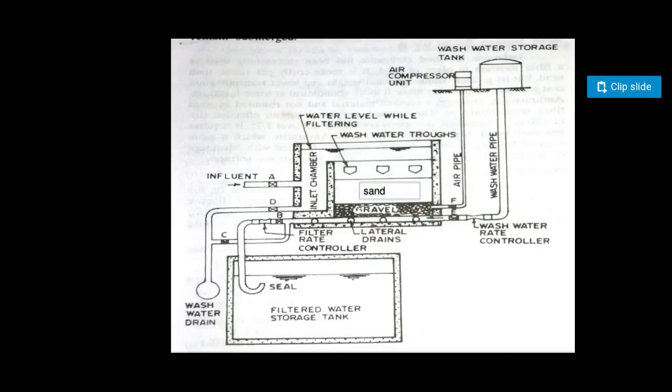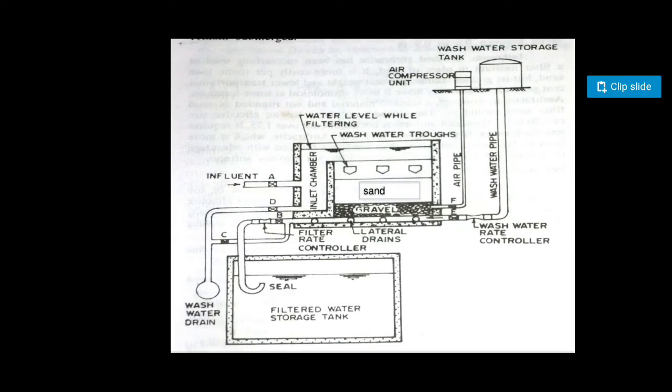From the air compressor unit there is a pipe that is coming inside the chamber, which is called the air pipe. This air pipe is controlled by the valve F, right? So you have two valves on the right, the valve E for the wash water pipe and the valve F for the air pipe. Okay, what is next?